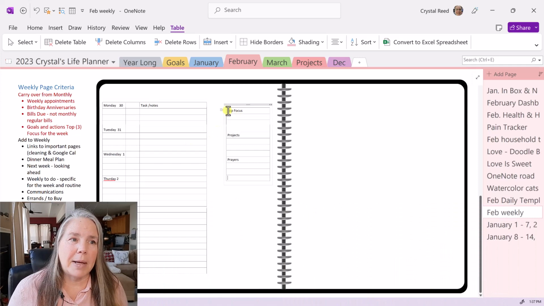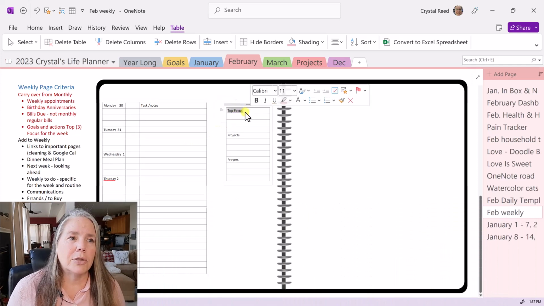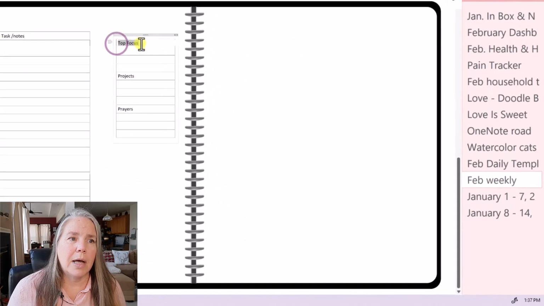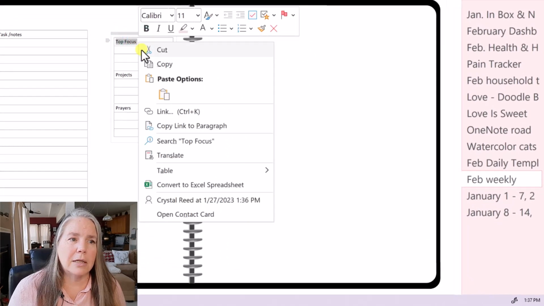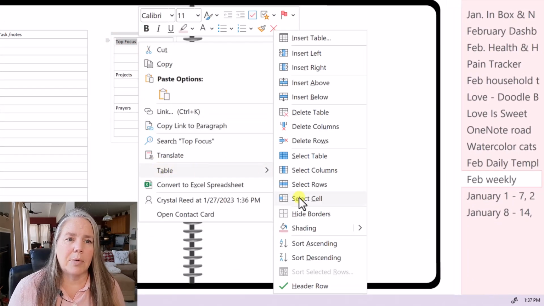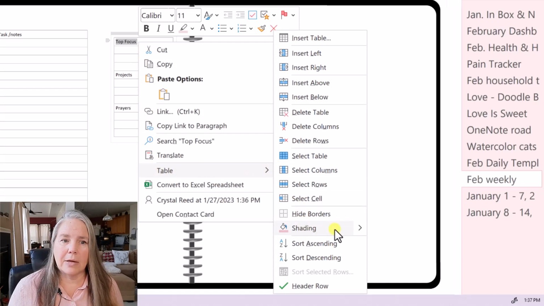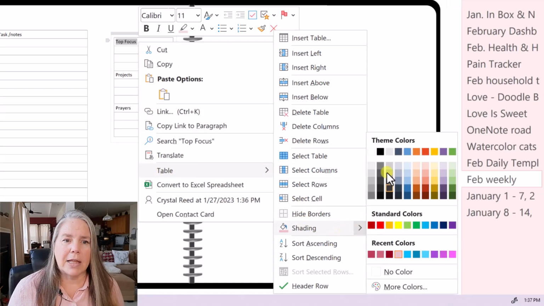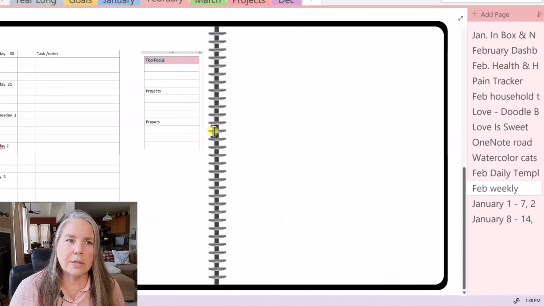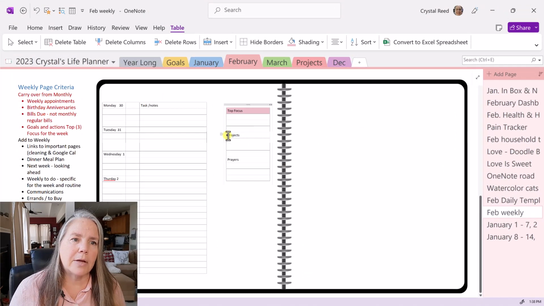So back down here at my top focus, all you need to do is you need to go to the table, highlight the row that you want shaded, right-click, come down to table, and you see table shading is way down here at the bottom, all right? If I click on table shading, we have all of our regular colors, and you can see down here at the bottom, I have some recent colors that I have been using, okay? I kind of want this to be a gradient look, so I'm gonna go with this soft pink for the top focus, and then I'm going to jump down to the word projects, and I'm gonna highlight that row, and